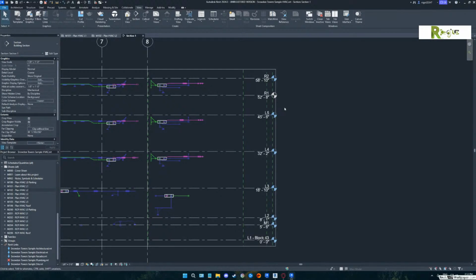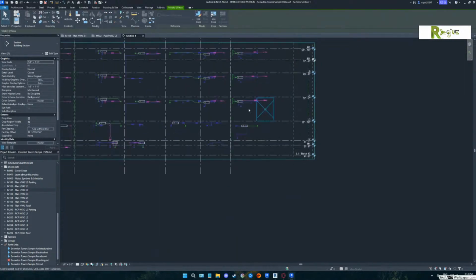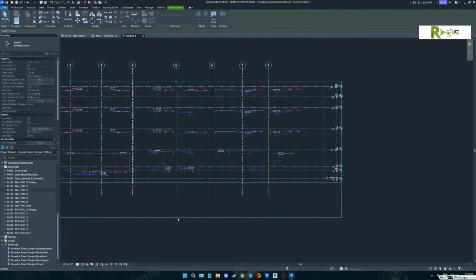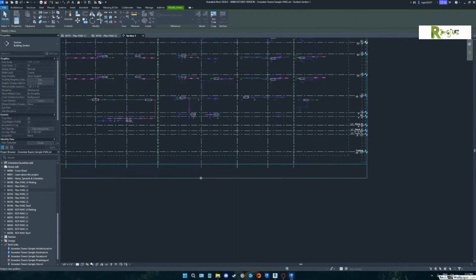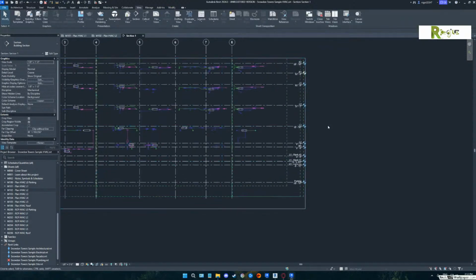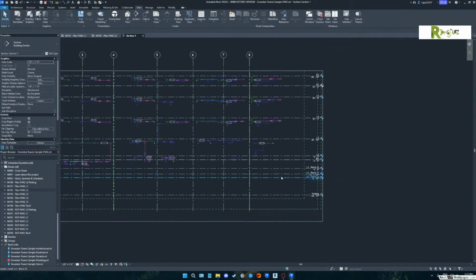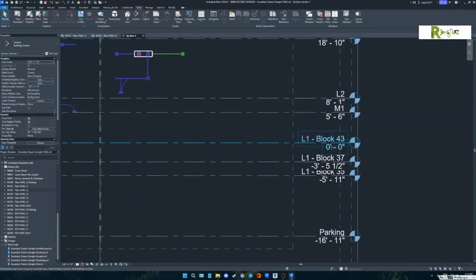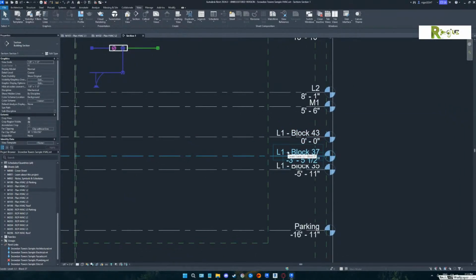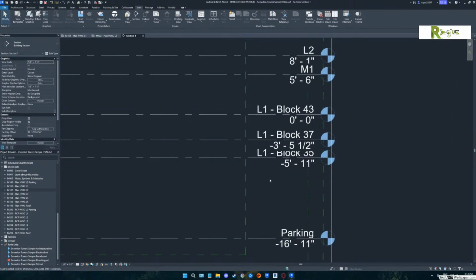Stretch your crop box down a little bit. All right, see what they've got. So block 43's level 1 line is at 0, 0. So they've got 3 different L1s. So we were able to answer our question, what was going on down there. So the building traverses multiple blocks? If you went to a 3D view,